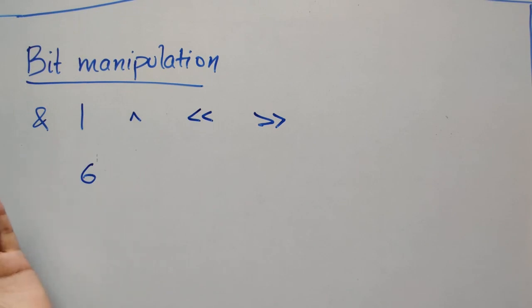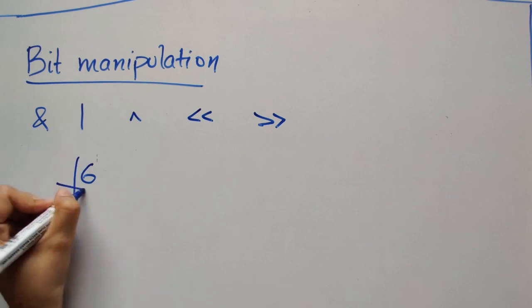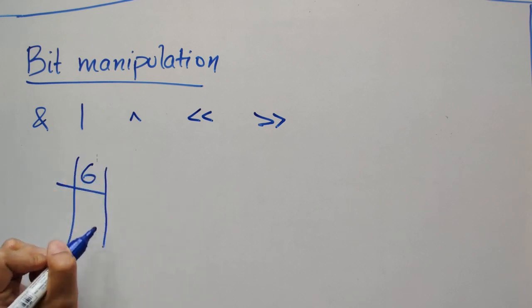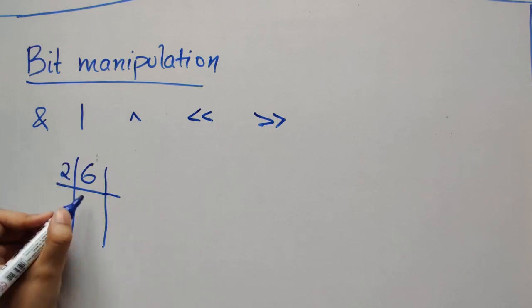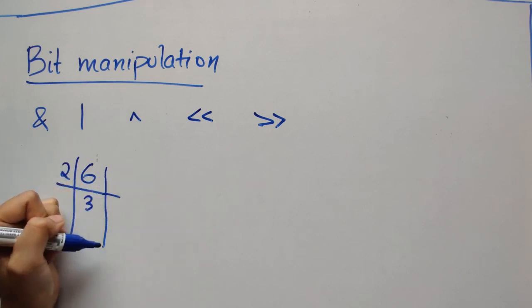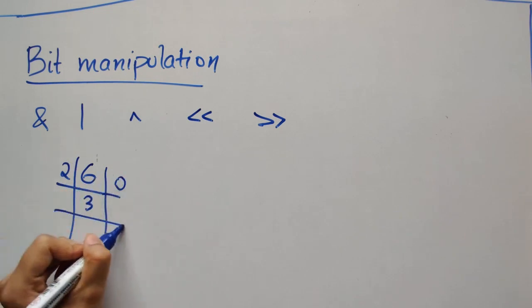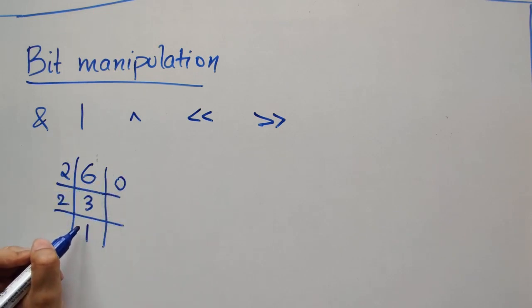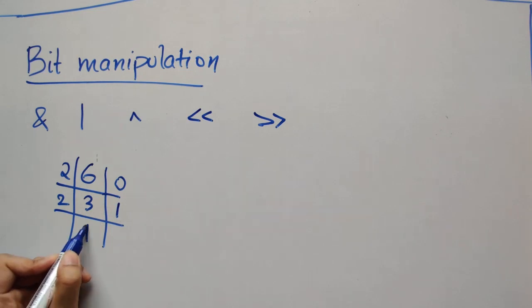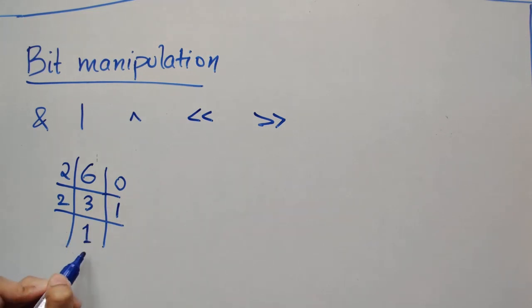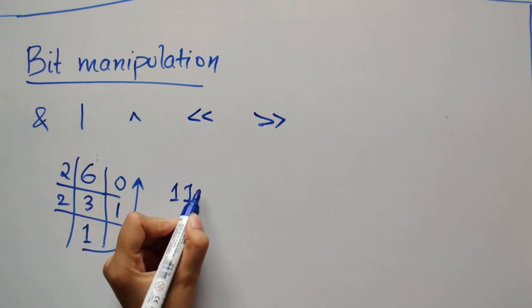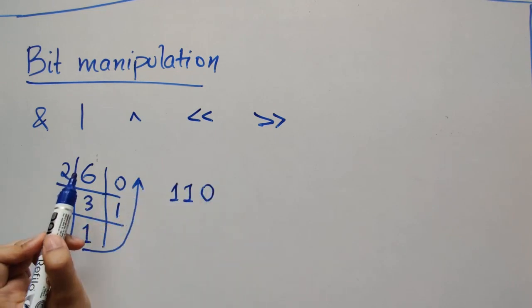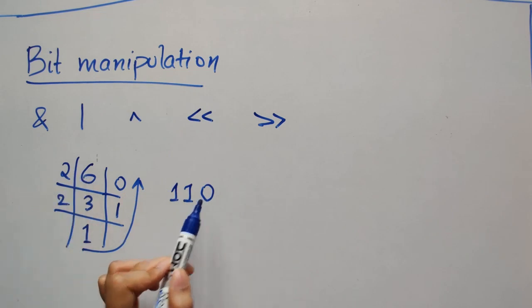How do you write the binary representation if a number is given to you? All you have to do is divide the number by 2, something like prime factorization, but you have to always divide by 2. So 2 3s are 6 and you have to write the remainder in this column. Remainder is 0. 2 1s are 2. Remainder is 1. When you reach a 1 in the end, you have to stop. And then you have to write these bits in this direction. So 1 1 0. We can say that the binary representation of 6 is 1 1 0.